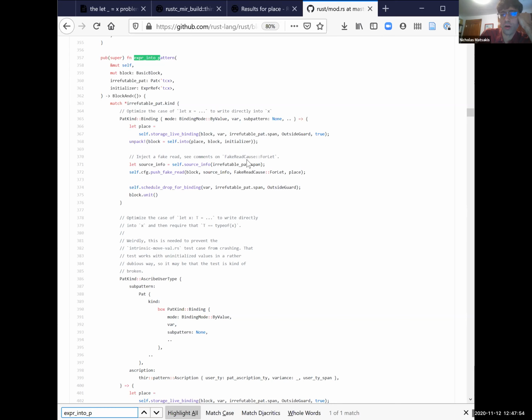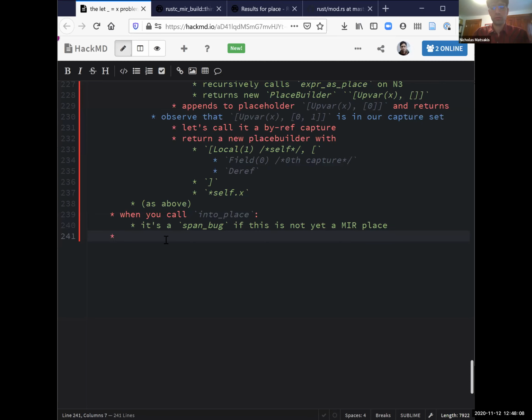It seems not too hard, but I'm worried about examples like this one. If it indeed tries to convert this to a place, you might be able to get by with something actually simpler. Now that I take it back, instead of converting to take a place builder, it might work to convert this so that